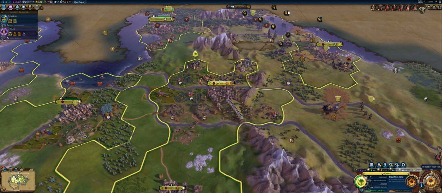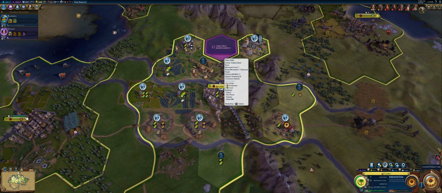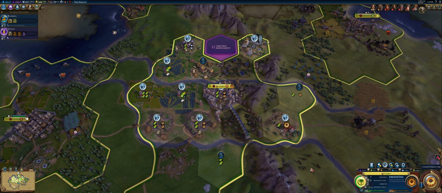I mean, if I'm not even going to work it now, there's no point in making... Oh, no, I am working it because I'm faith boost. Alright. If I put one here, I still get the production as well. I mean, a tile that I'm already working, it's a good idea, I guess, to put the faith. 1, 2, 3, 4, 5, 6, 7. Yep, that's all 10